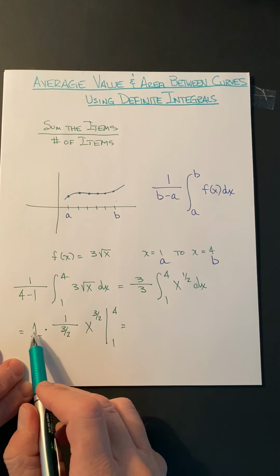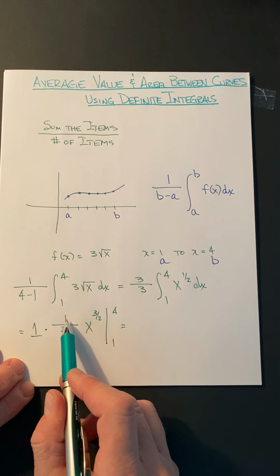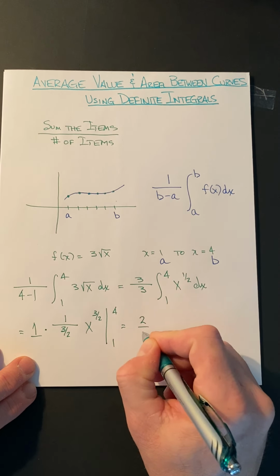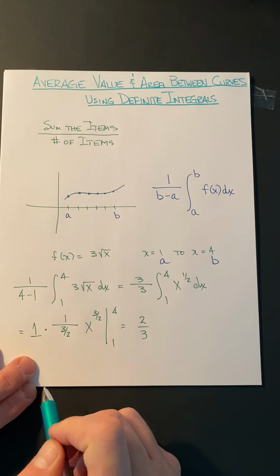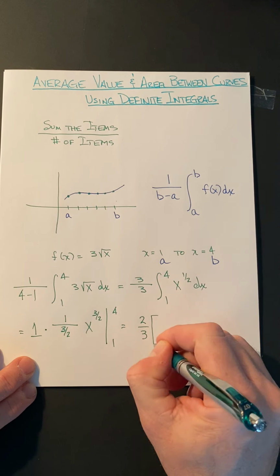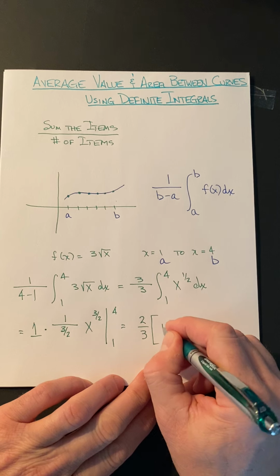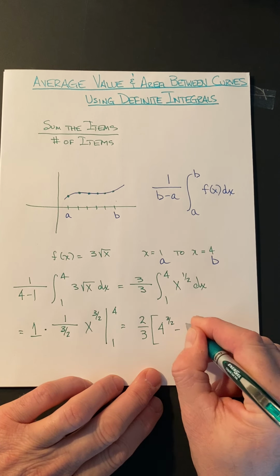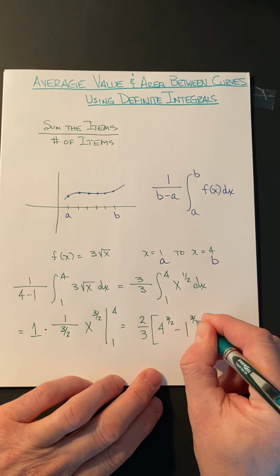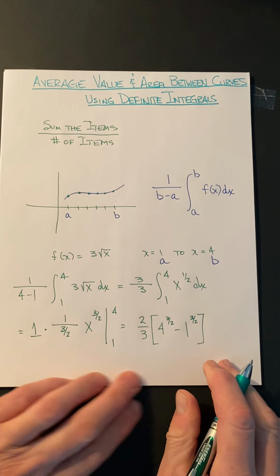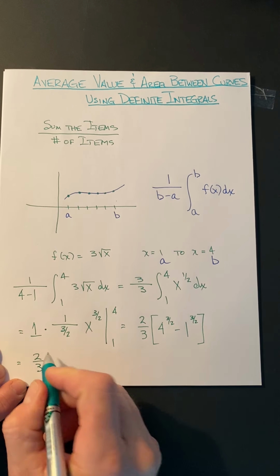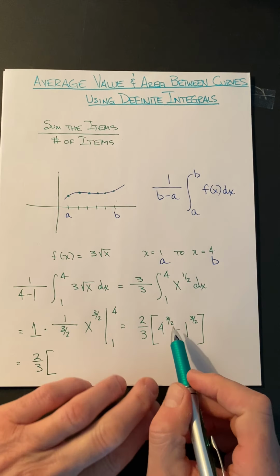Now, 1 times anything is itself, and 1 over a fraction is the reciprocal of that fraction, isn't it? So then I'm going to have 4 to the 3/2 minus 1 to the 3/2. All right? So I've got 2/3 times